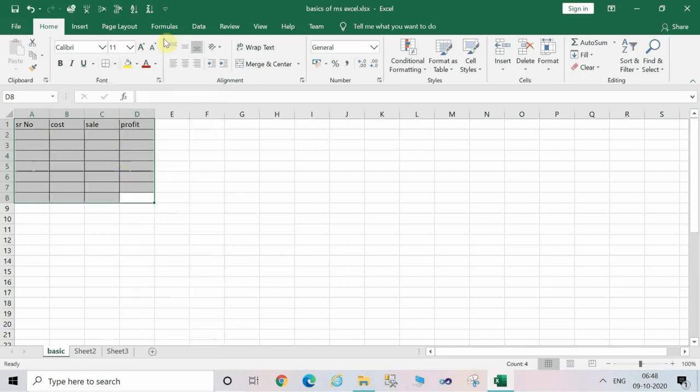I am choosing the All Borders option. This Home tab shows some formatting options which you can try later.